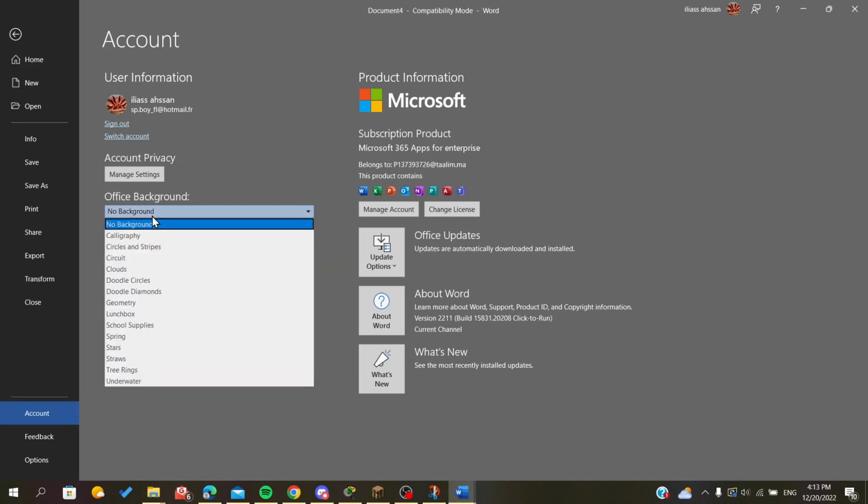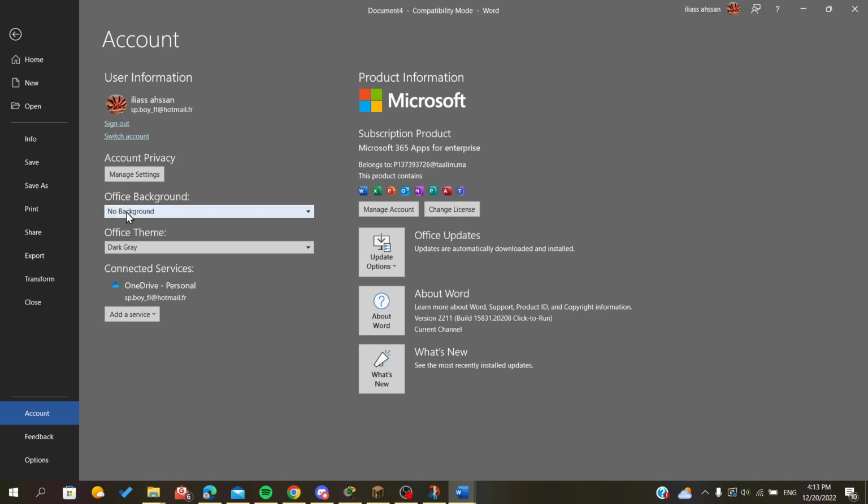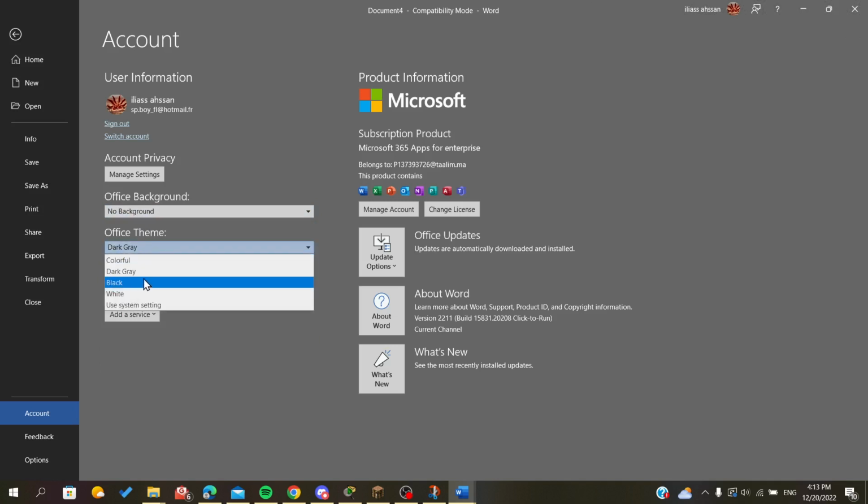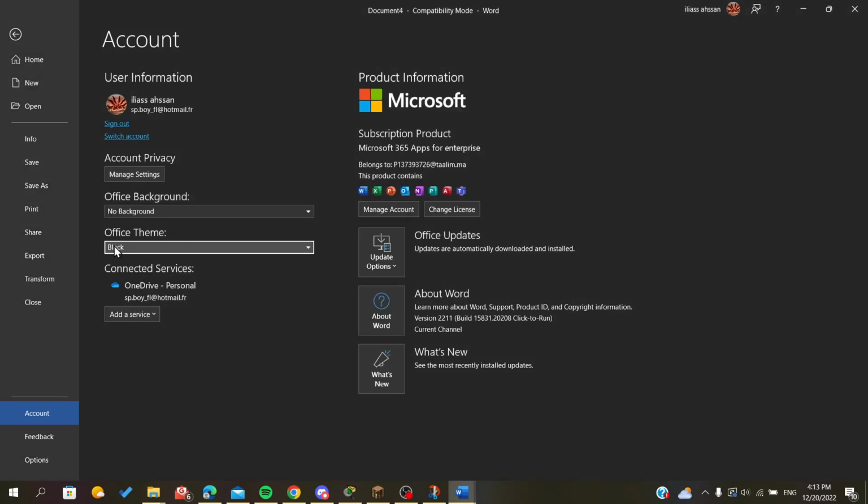And if you want to add some shapes or some styles to the background, all you have is to select something that you like from the Office background. I will let it unchecked or unselected, and I will go to the Office theme. There is also the dark mode or the black